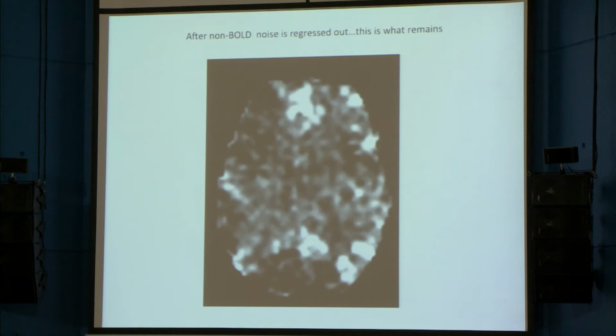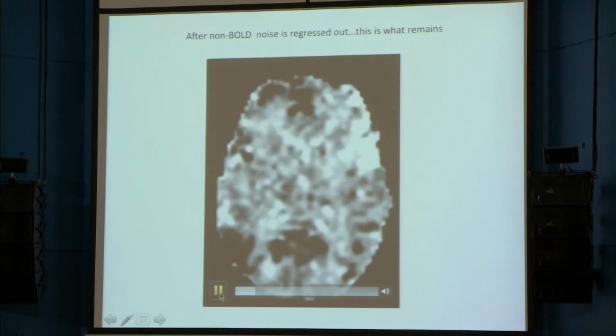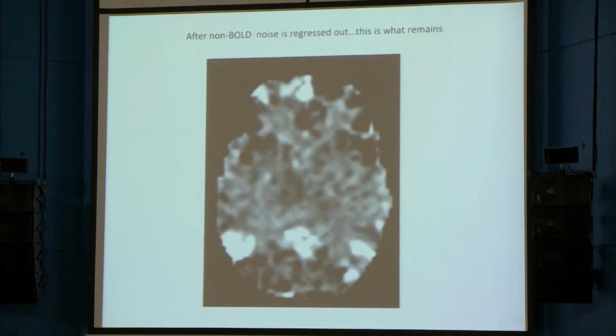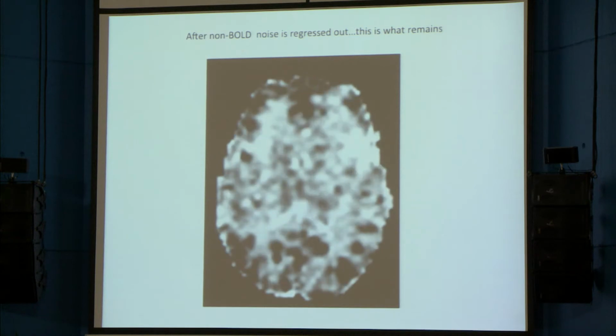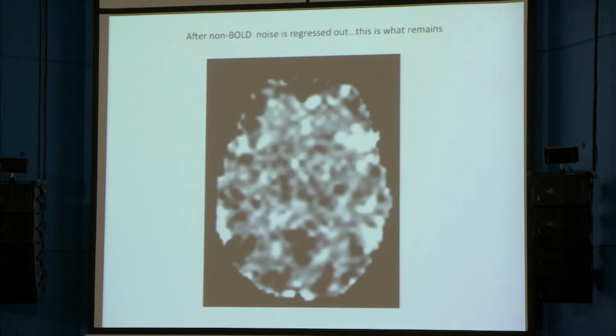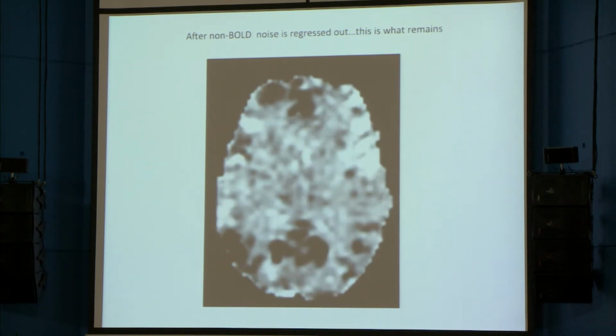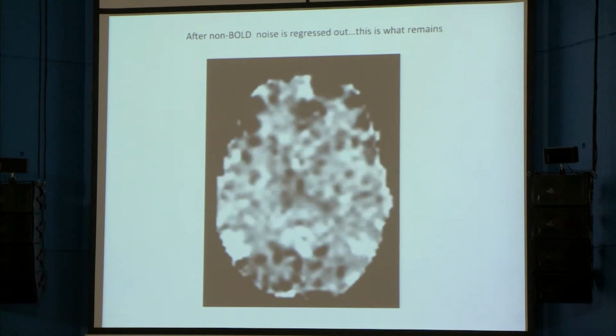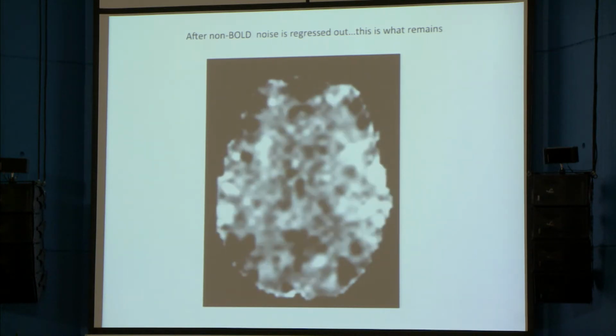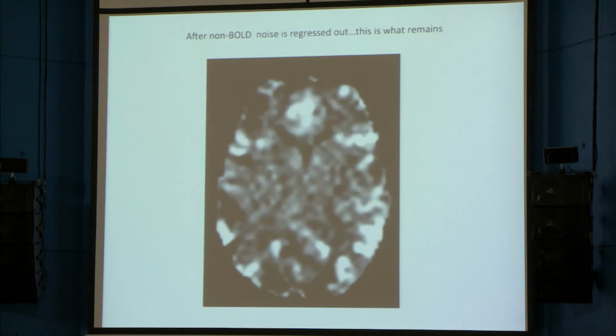So with what's left over, this was what kind of struck me. This is a raw time series. This isn't a windowed running correlation. This is simply looking at raw single image time series now after we've regressed out all the bad components. And you start to see real spontaneous activity. You see the default mode popping out there. You see the temporal areas. You can actually get a sense of it waxing and waning. And once again, this is not looking at a windowed correlation analysis. This is just raw time series that's been sufficiently denoised so you can start to see the neural activity. So that was pretty exciting to me.